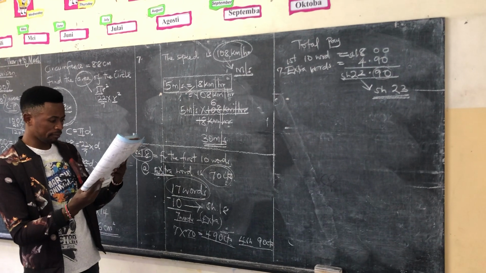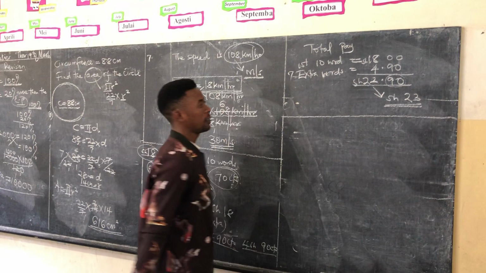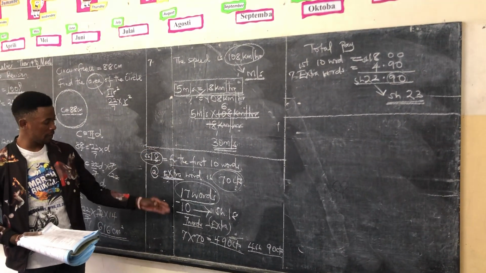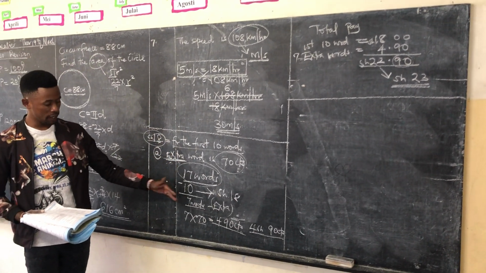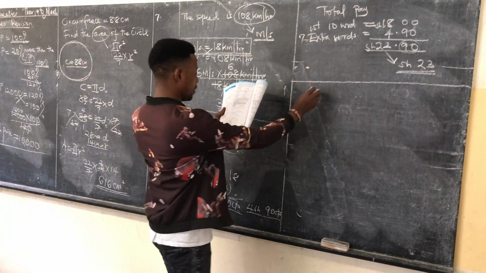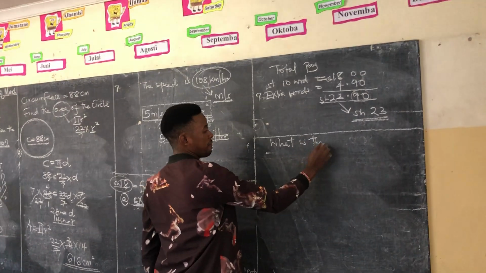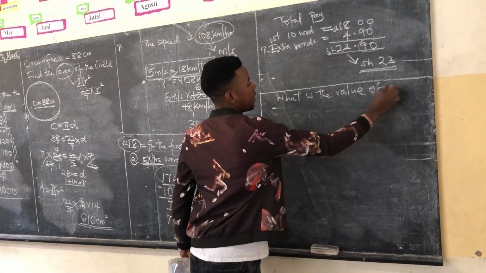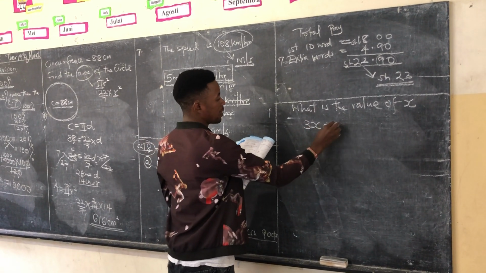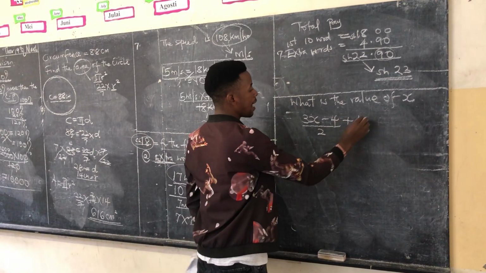We have 2 more questions to go. Number 15, so I hope that one is understood and you can follow all the way from here. It will guide you. Then number 15 was, what is the value of x? What is the value of x? So this is (3x minus 4) over 2 plus a half